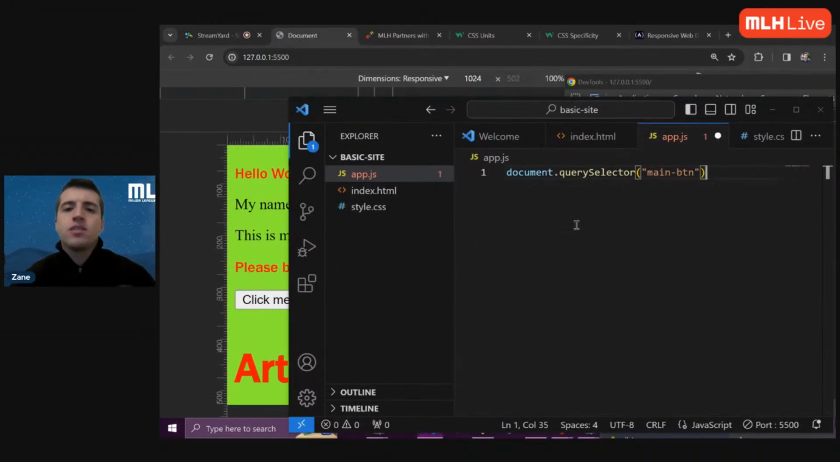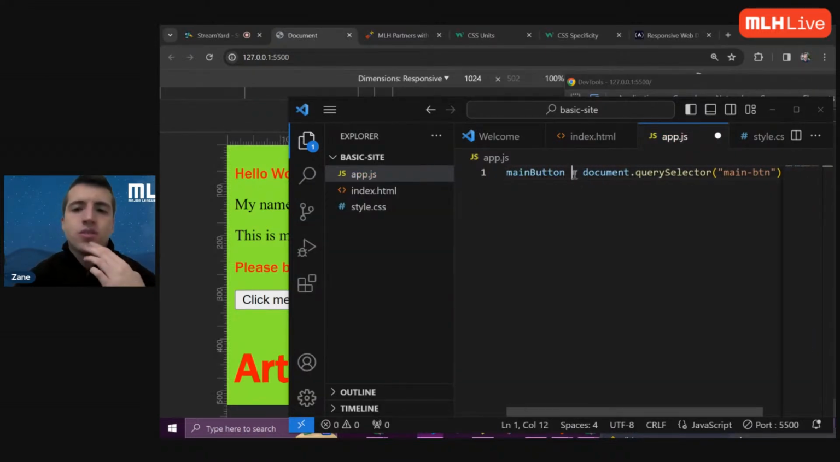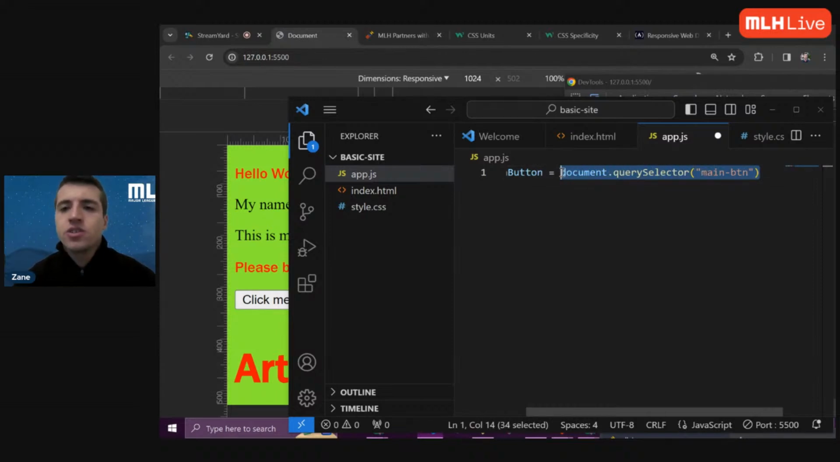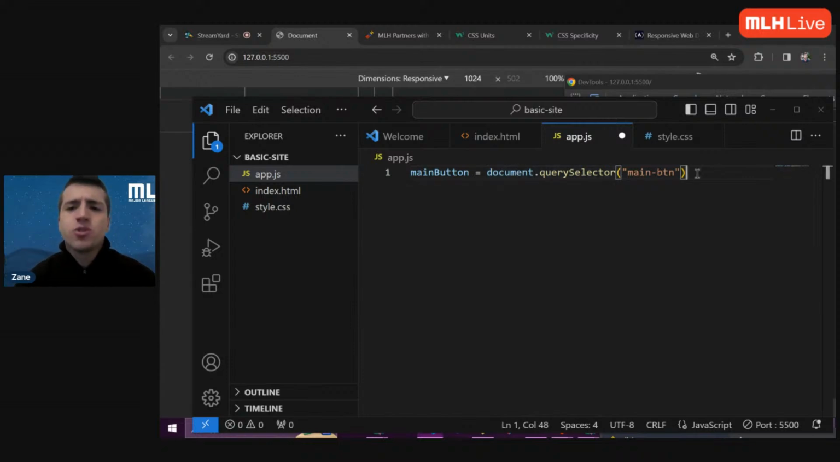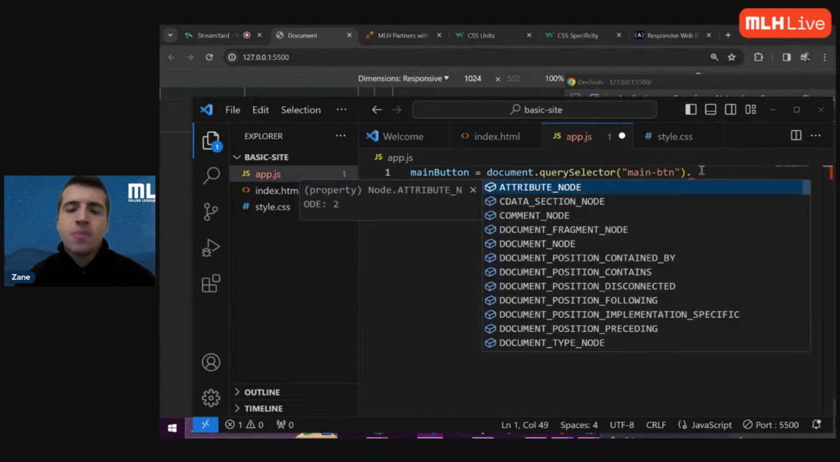Dot. So we could say main button. So now I have this thing here, right? This is actually selecting this element here. But I'm going to have to do additional things to it, so instead of always doing this big old thing to identify it,